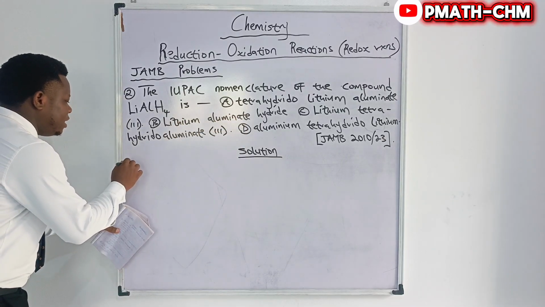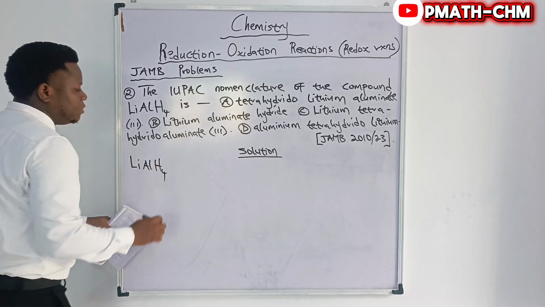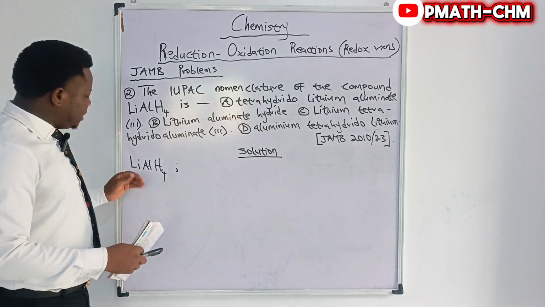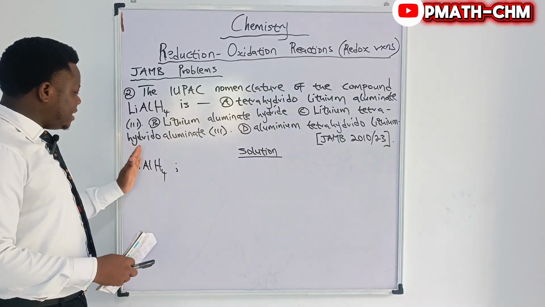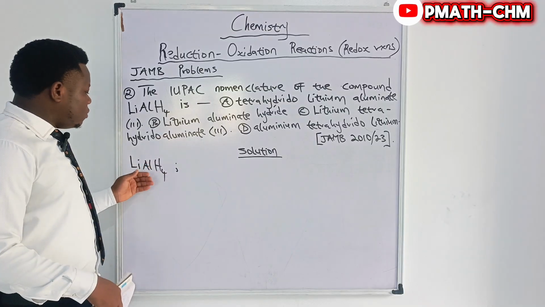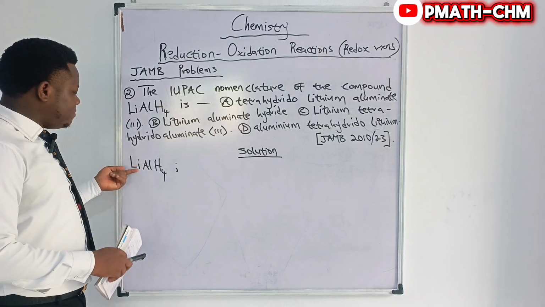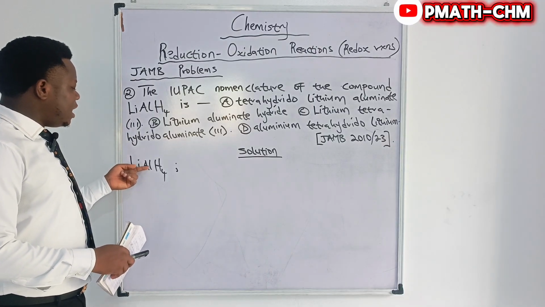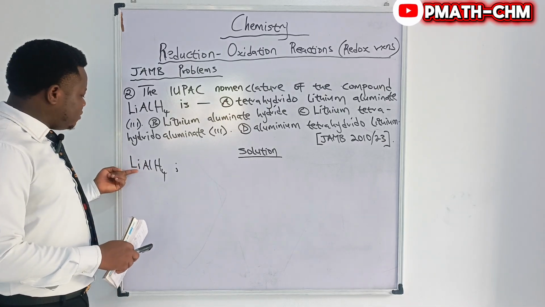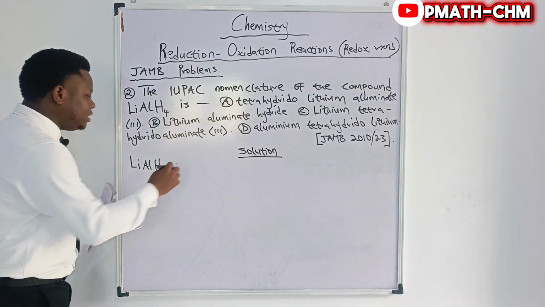You write LiAlH4. So this will be equal to what now? You try naming it. This is actually composed of lithium, and then AlH4 is a radical on its own. The first thing you name is always the metal, the metallic part. Lithium is a metal, aluminum is also a metal, but lithium is a stronger metal than what? Aluminum. So I'm going to start my naming from lithium, which is the most electropositive element here. So you name it as lithium,